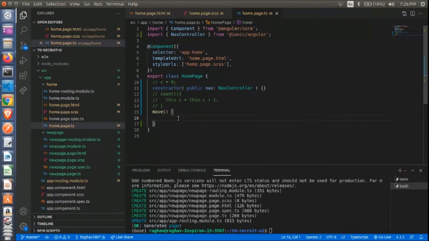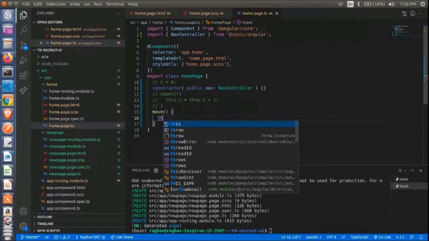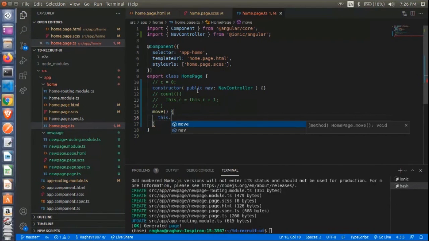Next, we need to call this function to navigate to the new page. For every object or variable that we declare outside this move function, we need to call this dot to access the object. So this dot nav.